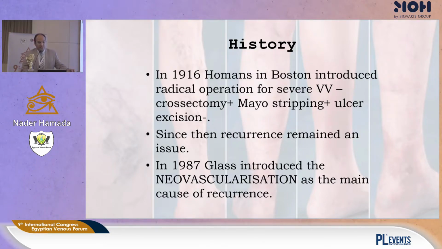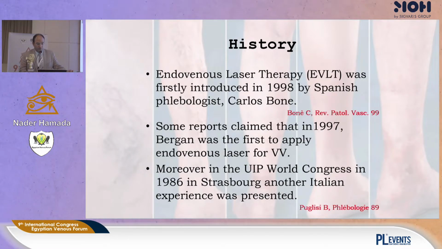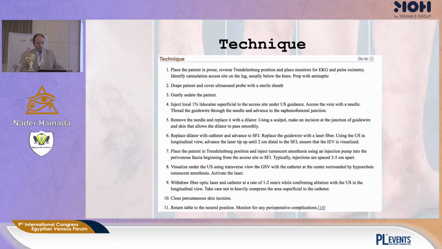In 1987, Glass introduced neovascularization as the main cause of recurrence. Endovenous laser therapy was first introduced in 1998 by Spanish phlebologist Carlos Bone. There are conflicting claims, and different authors claim that they used other techniques for thermal ablation of the varicose veins. And the technique, as advised by all the companies, is to replace the dilator with a catheter and advance to the saphenofemoral junction,